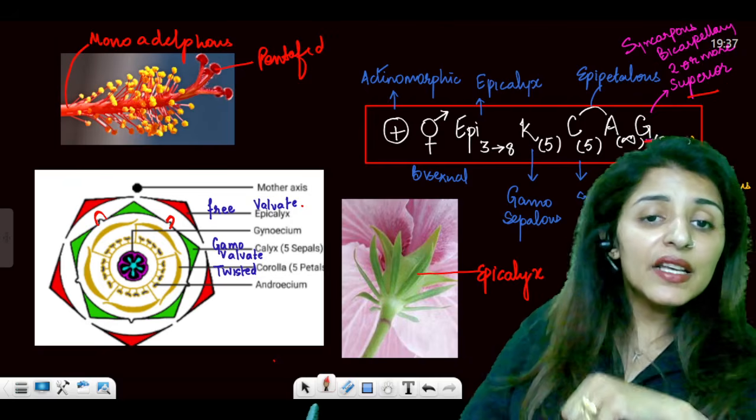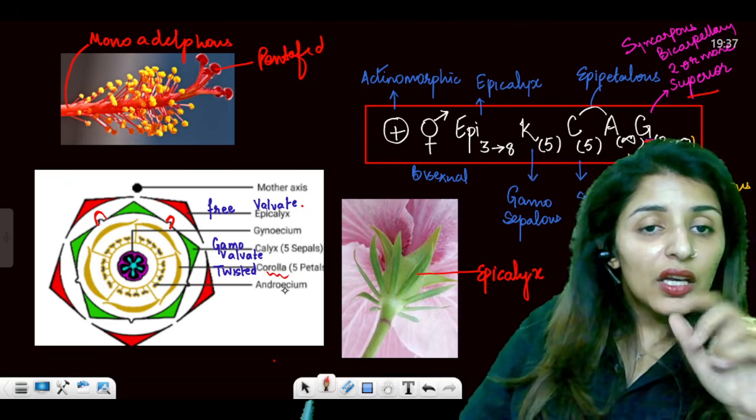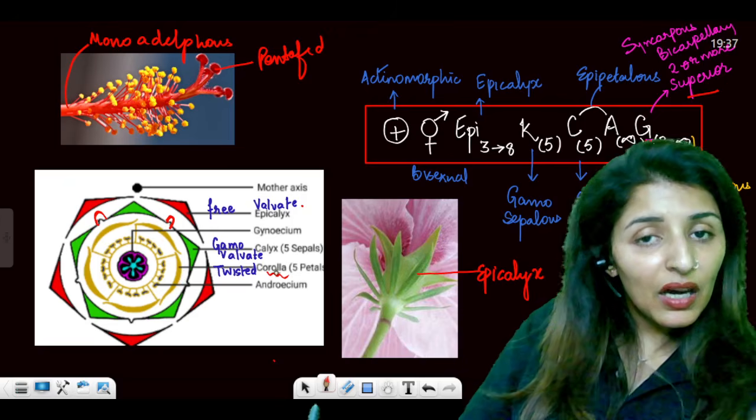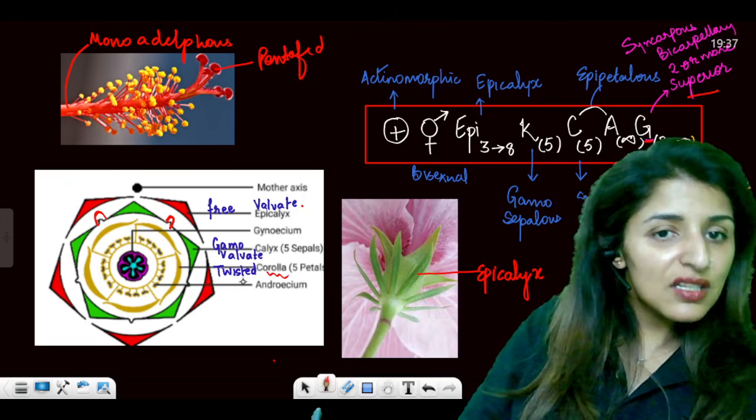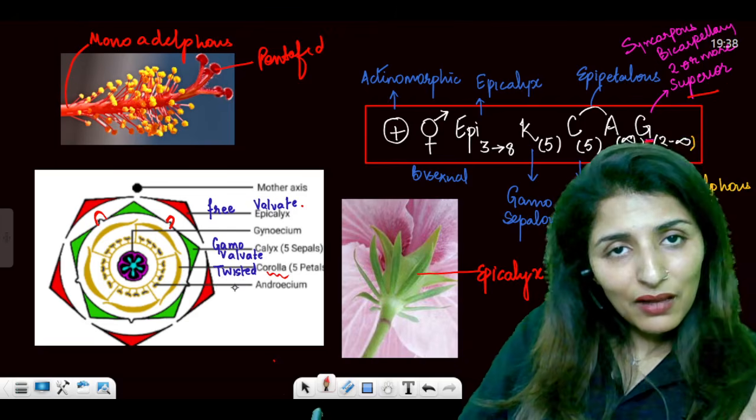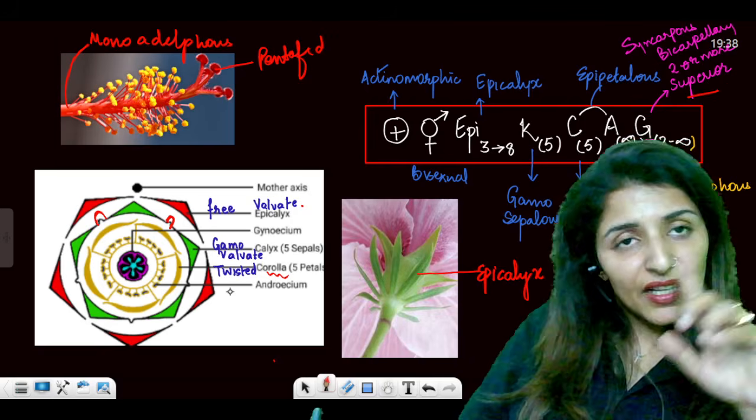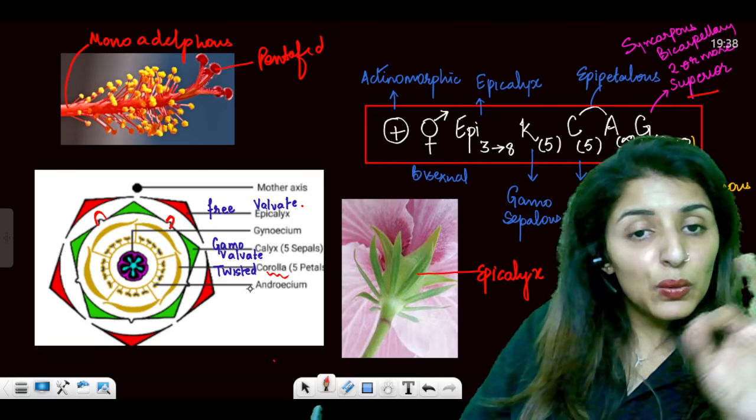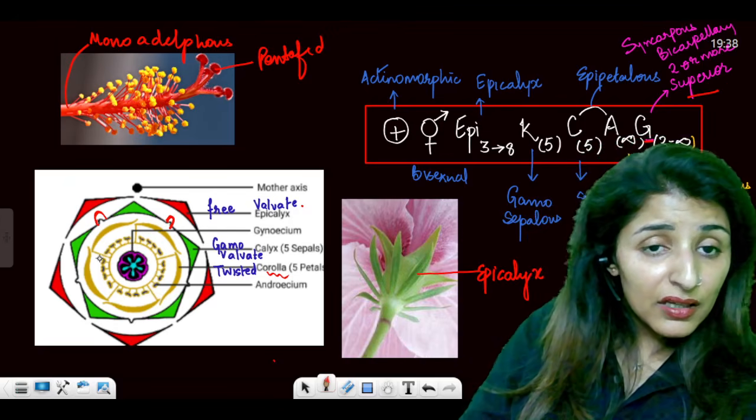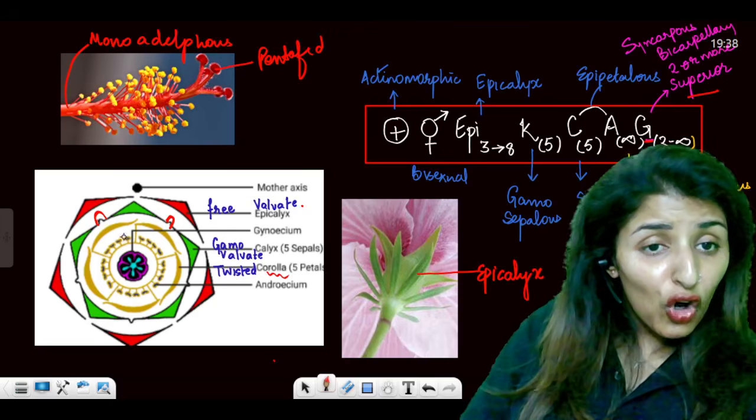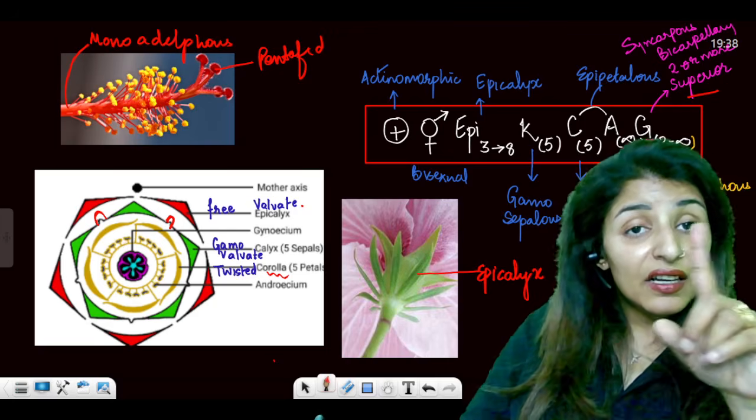You see twisted estivation in case of corolla. Now corolla again five in number, again it shows gamopetalous condition, but this time it is twisted estivation. So in Malvaceae, you see valvate estivation in sepals and you see twisted estivation in petals. And then you see there are so many androecium drawn on one ring, which indicates that they are all fused